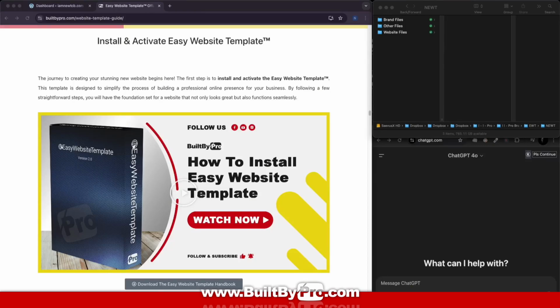In this video, we are going to take a fresh install of WordPress, then we're going to install and activate the Easy Website template. As you see on the screen, I have a folder open for the brand that I'm building. Inside of the folder, I have 3 folders that I've created. You don't have to do this, but I found this helpful to organize your files as we build and grow